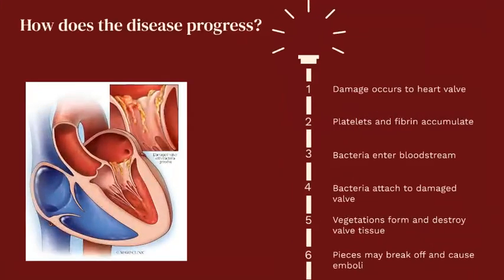So how does this disease progress? Well, first, damage to the heart valve occurs, and then platelets and fibrin accumulate on that heart valve. Once the bacteria enters the bloodstream and makes its way to the heart valve, it attaches to that damaged valve, creating a biofilm or vegetations, and destroys that valve tissue. And then pieces of that vegetation on the heart valve may break off and enter the bloodstream and move into different areas of the body, causing blood clots,